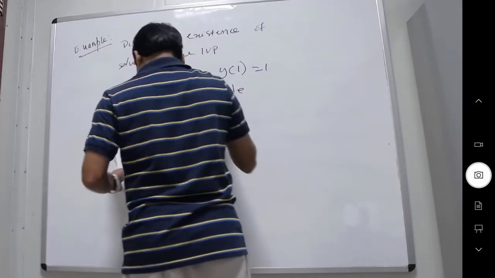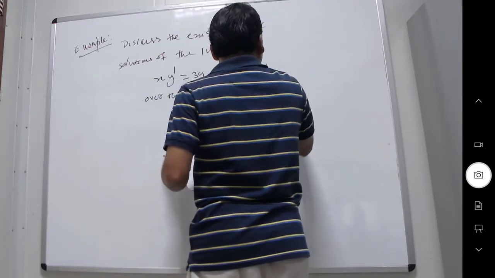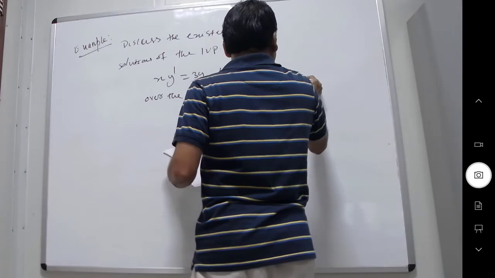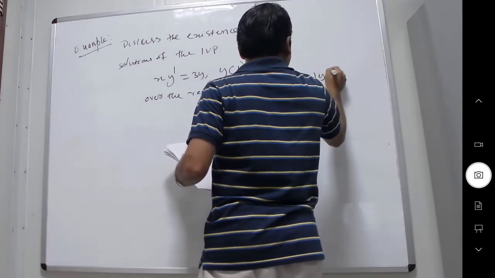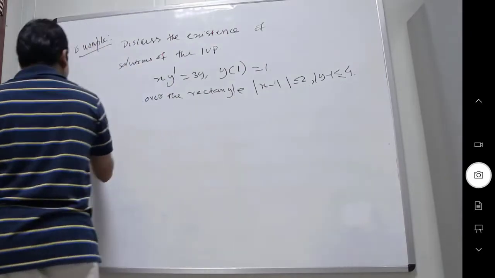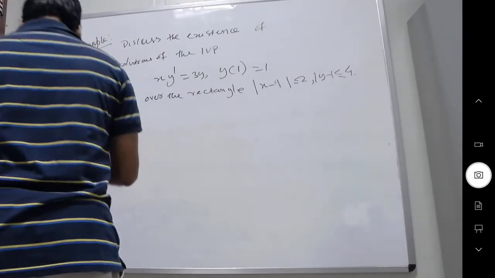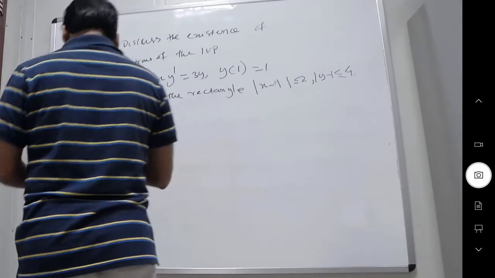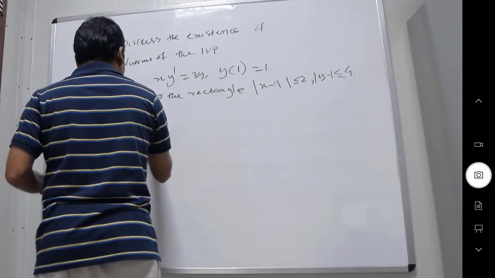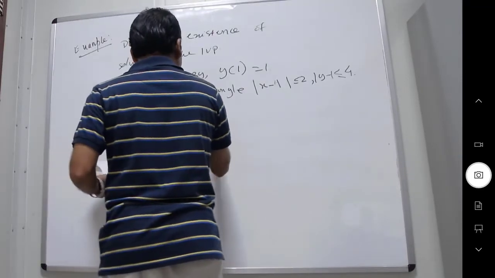I think I have given this to you earlier. Modulus of x minus 1 is less than or equal to 2, modulus of y minus 1 is less than or equal to 4. Right? So if you look at this, what is our f of x comma y? It is 3y